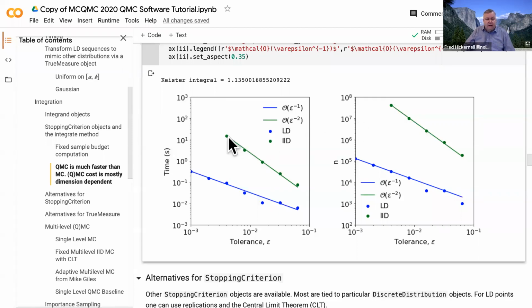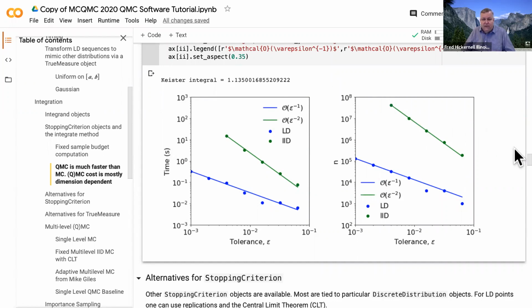So because already we took almost 20 seconds, and if we had taken this all the way to tolerance 10 to the -3, and if we had enough RAM, it would have taken maybe 200 seconds, and I didn't want to take that long. So this is an example of why Quasi Monte Carlo is so valuable compared to IID in these problems when we can use it, because the time and the number of function values needed is dramatically less. And if you want to go back here and try Sobol or some other point, you can do that